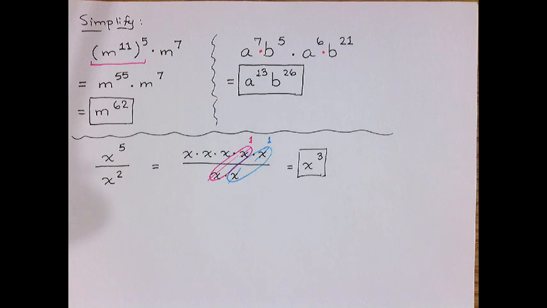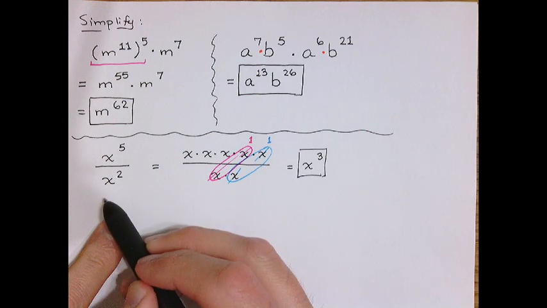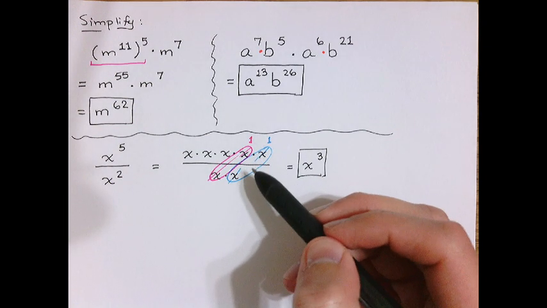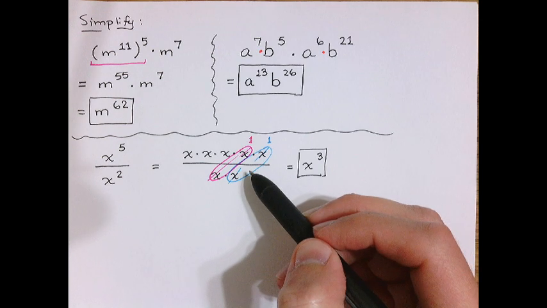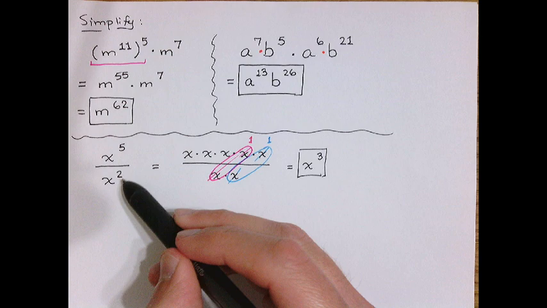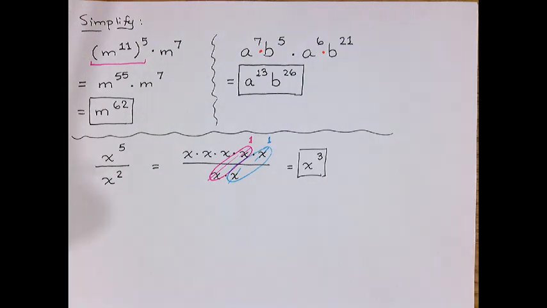So when you look at this, I think of it more like a battle, like a struggle. You have 5 factors of x on the top, 2 on the bottom, and really it comes down to where do you have more factors of that variable. And when you think about it, you have more factors of x in the top than you do in the bottom, and then I would ask the question, how many more factors of x do you have? You've got 3 more factors of x, which means